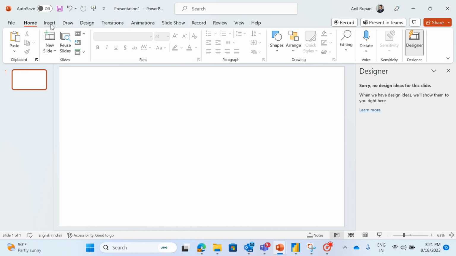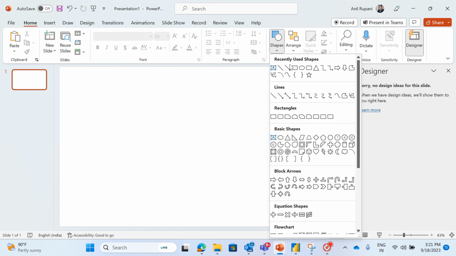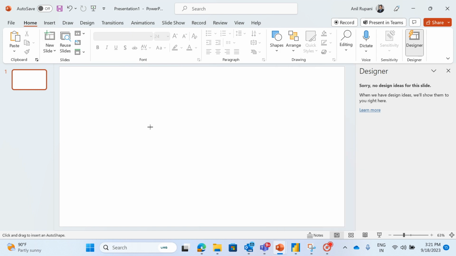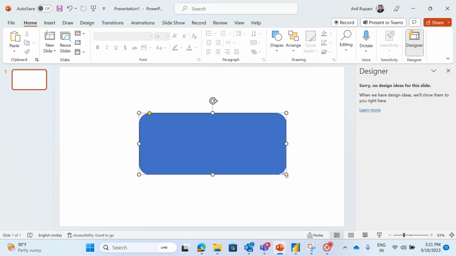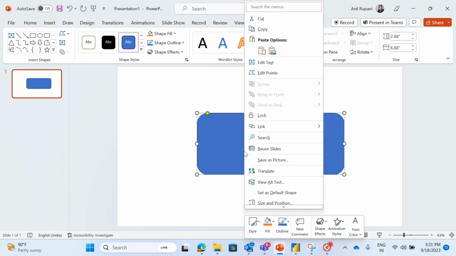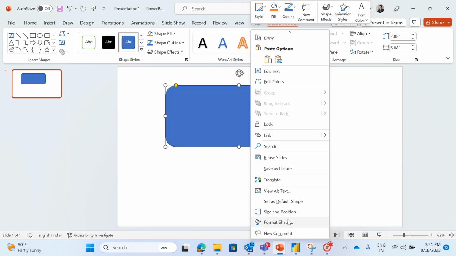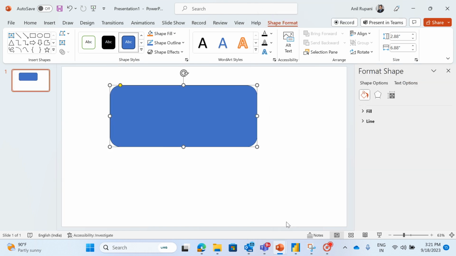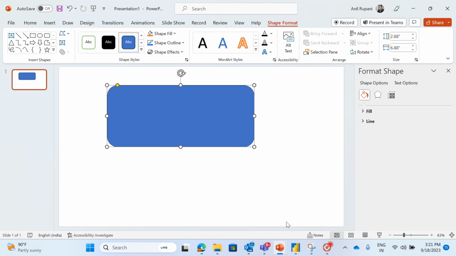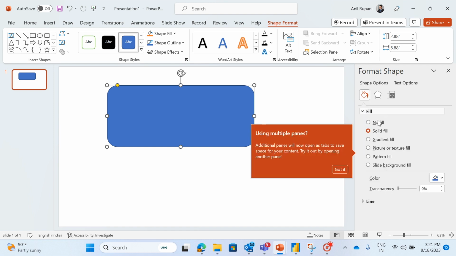I'll insert a new shape, which is a rounded rectangle, and I will add the colors. For that, I'll go to Format Shape. I'll go to Fill, and I will